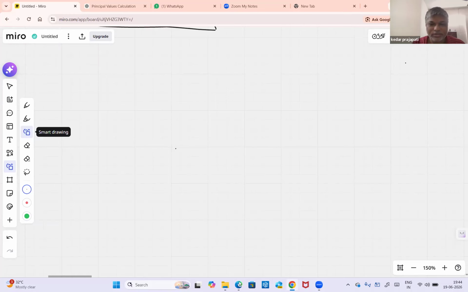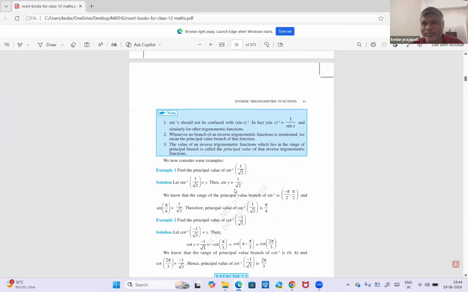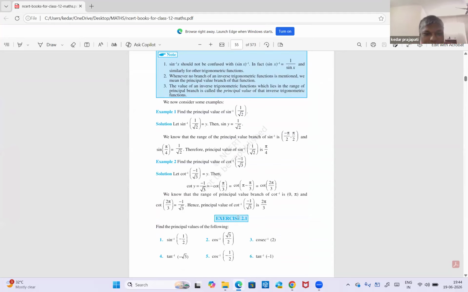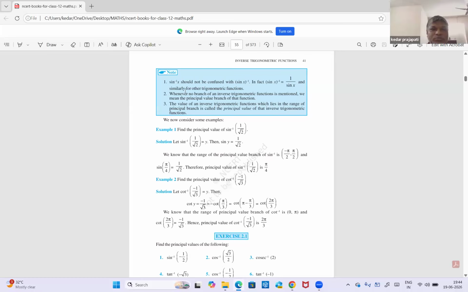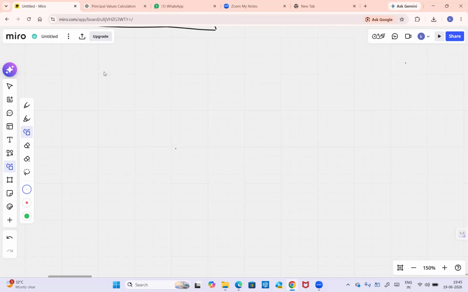So what we will do today is solve NCERT examples and exercise 2.1. Before that, I want to tell you all the principal values. I know you know them, but I'm just revising again. So the function is